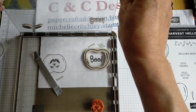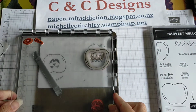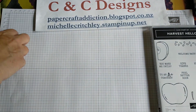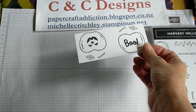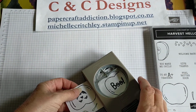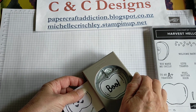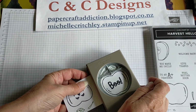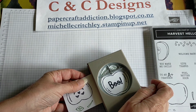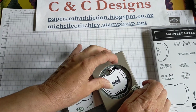You do not want to store this trying to bend both pieces. They will not fit that way. So you just set them on top of each other. So now that I have that, I can simply put it into the punch, and because I had them aligned, you can see, hopefully you can see that, they line up perfectly because the way I had them previously set up on the Stamparatus. So I can just punch that out,